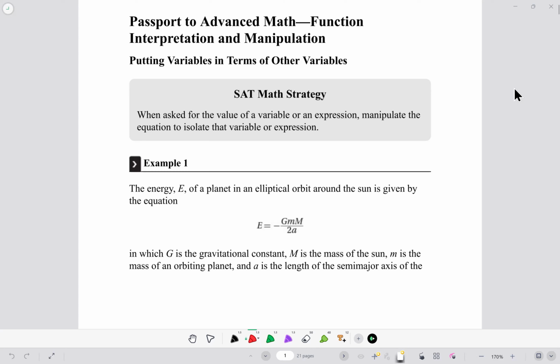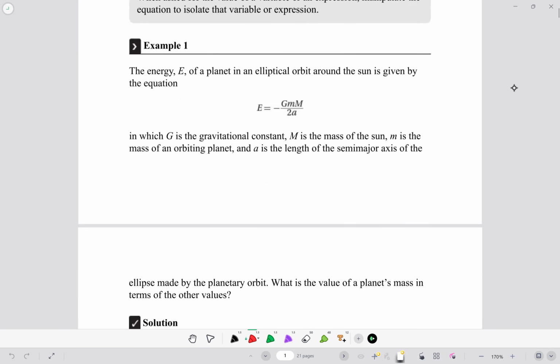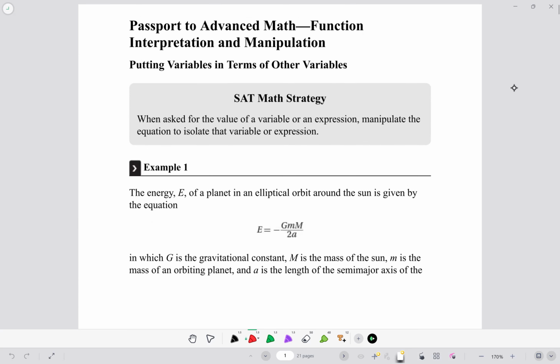Passport to Advanced Math: function interpretation and manipulation. In this chapter, we just need to interpret functions, and then do some manipulations. Being good at this requires some practice with a special type of problems,